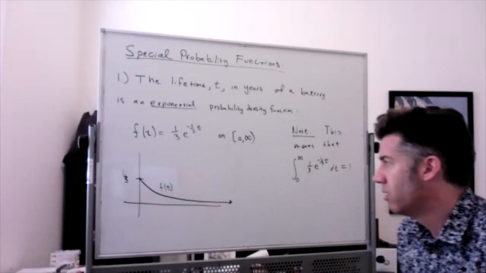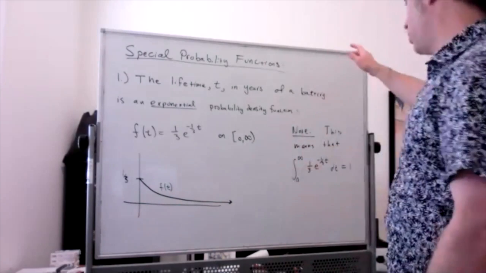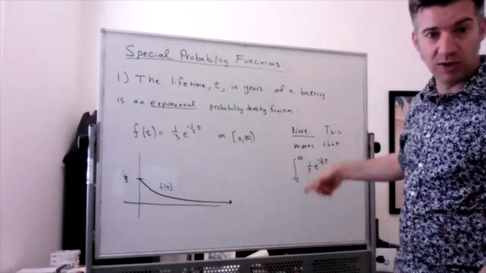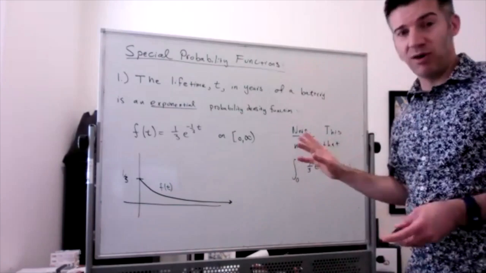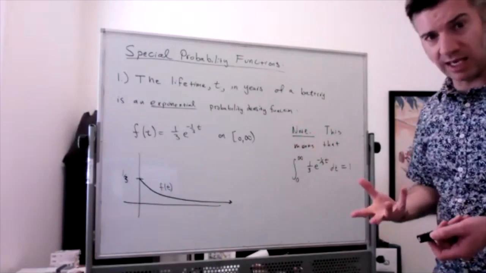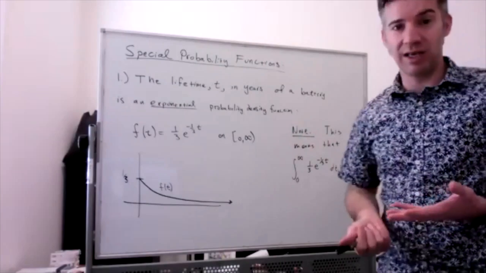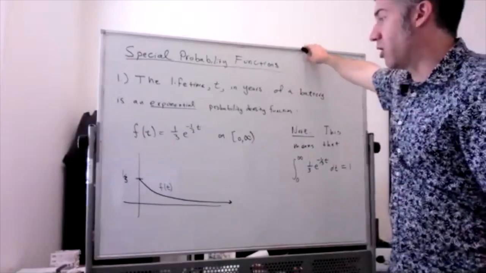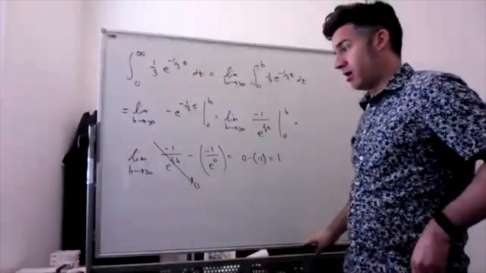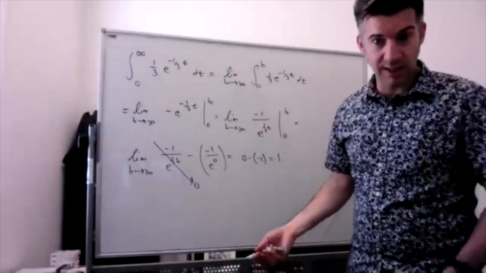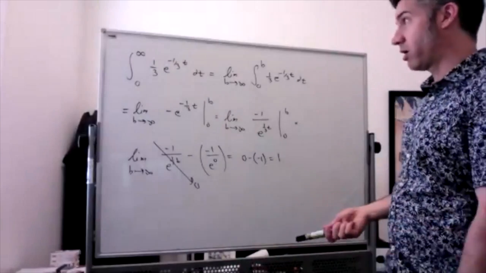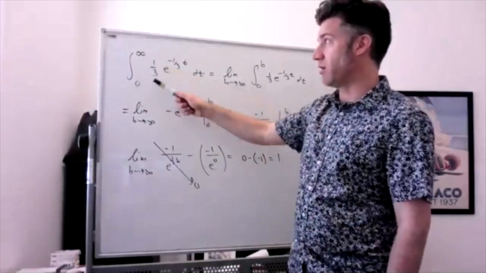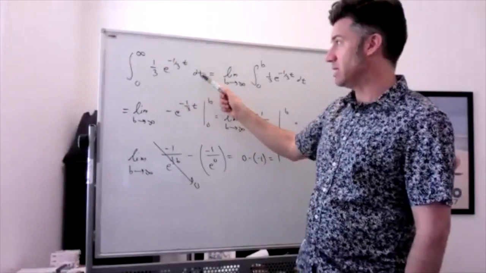And so we want to ask some questions. We actually just want to point out that this integral is 1. The exponential probability density function is kind of a pain in that it is an improper integral a lot of the time. We should all believe it's 1 because it is a probability density function. But here's the work. The integral from 0 to infinity of 1/3 e to the negative 1/3 t dt,